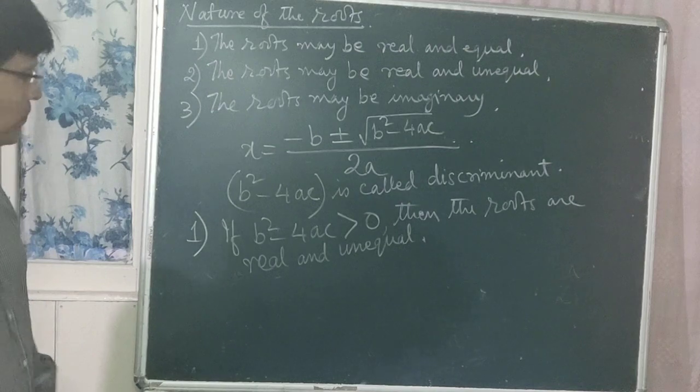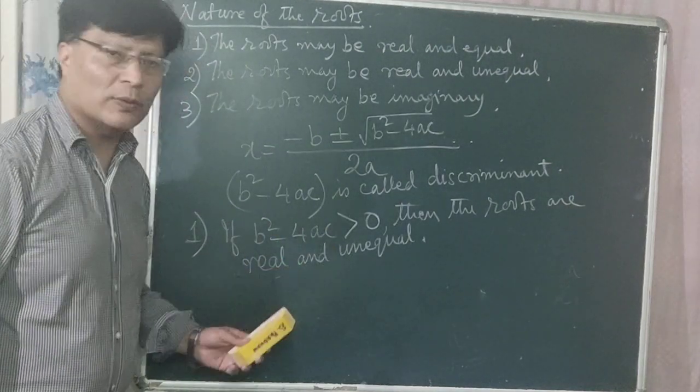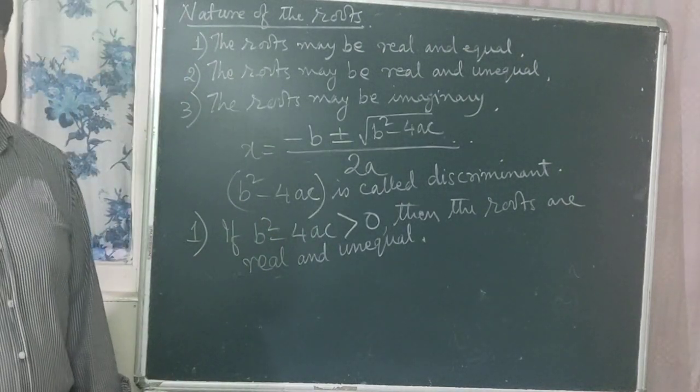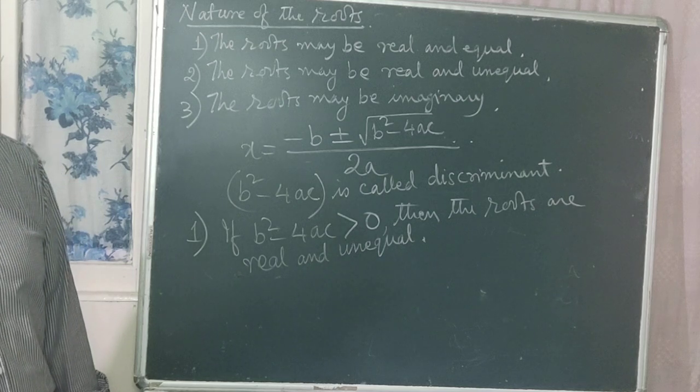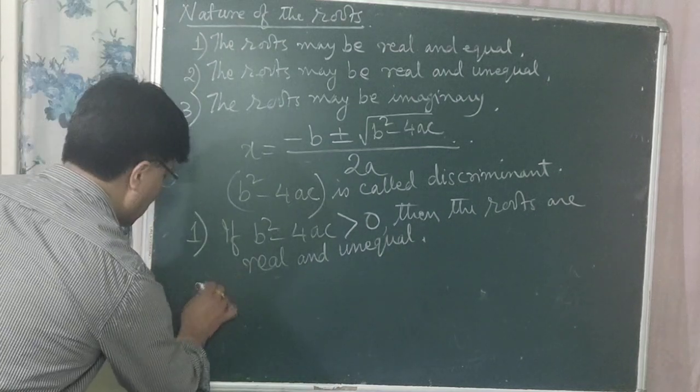So is it clear now? The roots are real and unequal if b square minus 4ac is greater than 0. Is it clear now? Number 2,